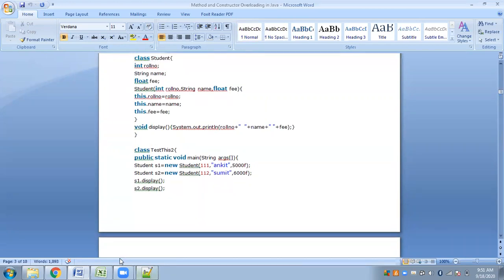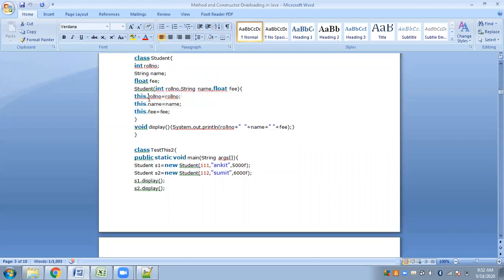You see, look at this. Here also we have used the same parameters as the class variables, provided we have used the this keyword. So this dot roll number means this is pointing towards one particular object's roll number. This is again pointing towards the same object's name, and this particular expression is pointing towards the same object's fee.